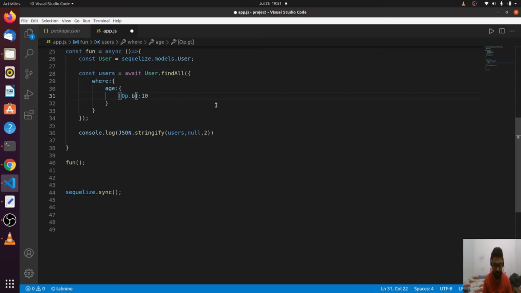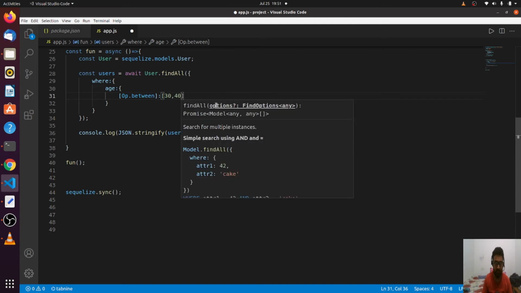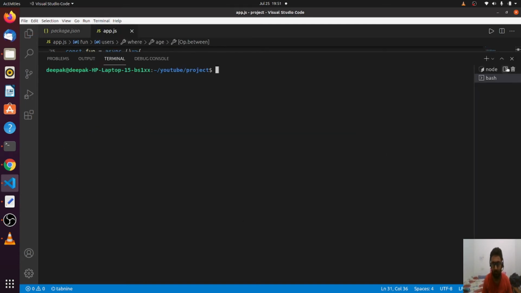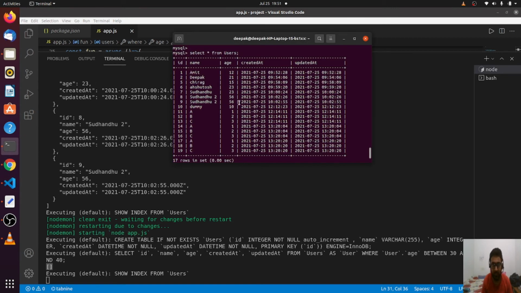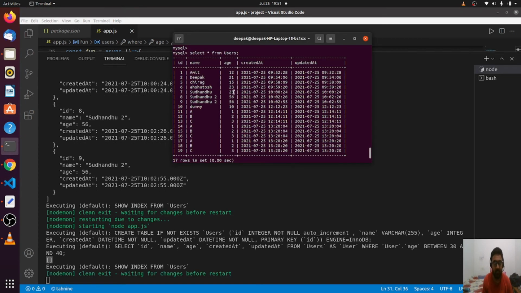Now what if you want age that is between 30 and 50, then you can do it this way. We got an empty array. Okay, so why did we get the empty array? Do we have nothing between 30 and 40?